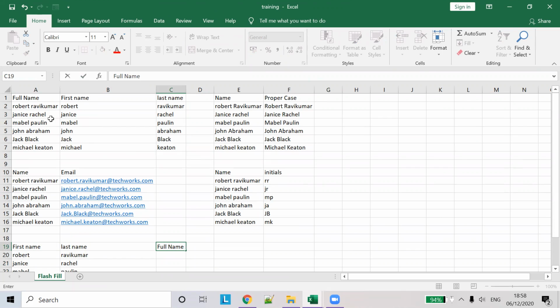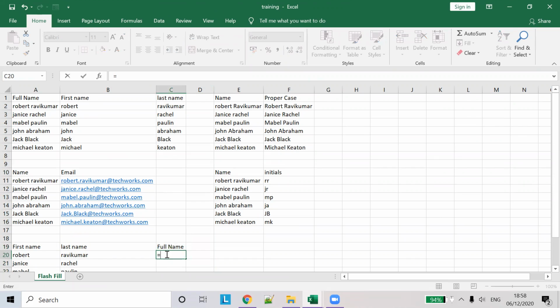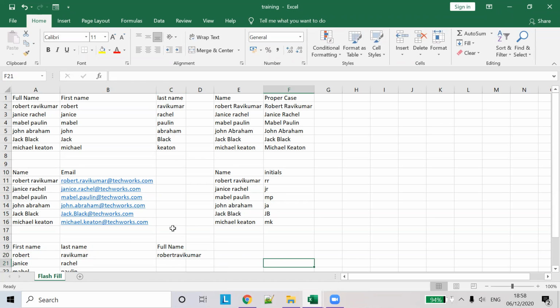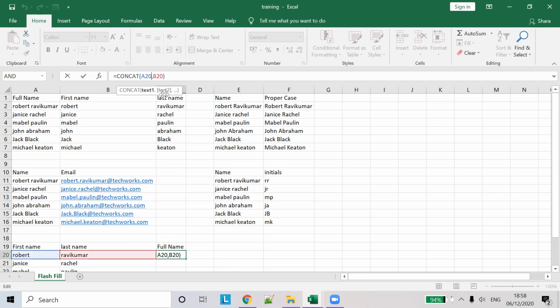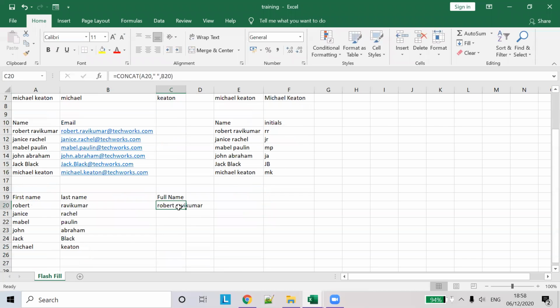In the previous example, we saw how to split the name into first name and last name. But now we are trying to concatenate the name, and we are not using any concat formula. Usually what we do is CONCAT, and we give the cell references A1, comma A2. So this will concatenate Robert Ravigmar, and we also have to add a space, right? So what we do, okay,